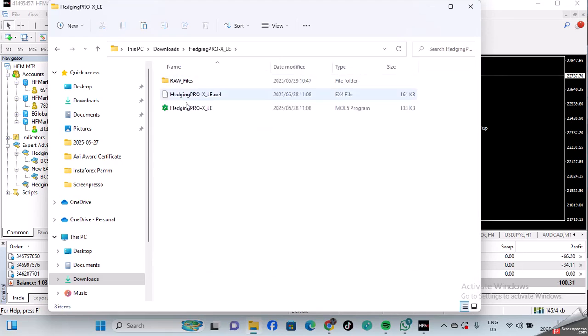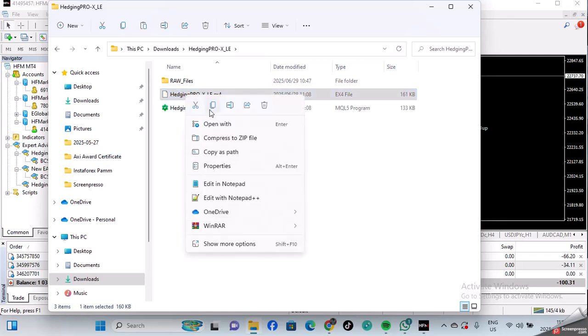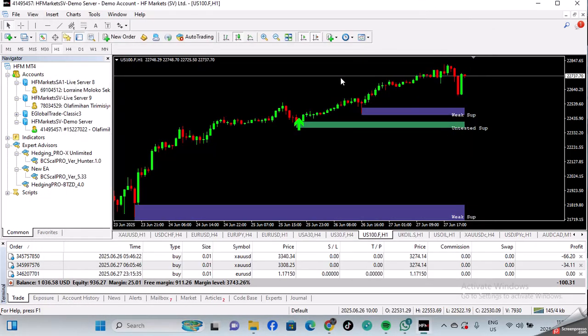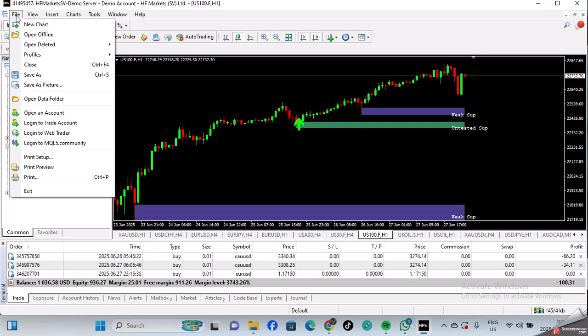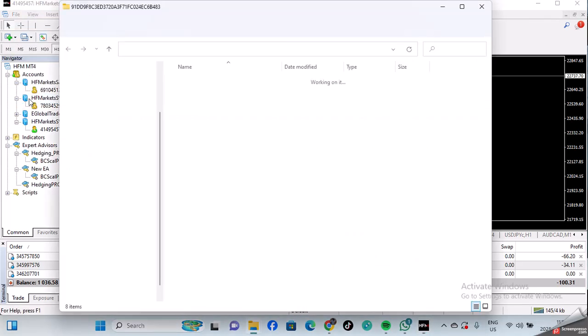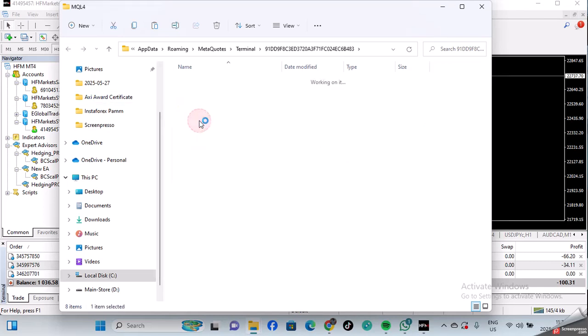When you download this folder from the Forex Agotech FET website, you need to know where you downloaded it to. So this is my MT4, this is my MT5 version. I've already downloaded. So I'll right click on this and I'll click copy, from the directory I downloaded it on my laptop or my PC. So I come to file on the MT4, I come to open data folder, then I come to MQL4, then